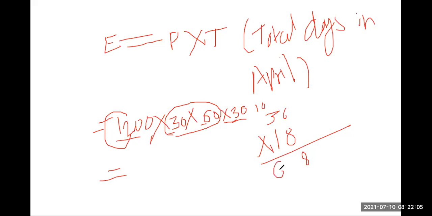What will you get? Sir, why are you considering that 3 again? Sir, first we considered 1200 into 30, and the answer came 36,000. Yes. And now we have to multiply it by 60, then again 30. Since all the zeros are there after this number, you can do 12 into 3 into 6 into 3 like this. It's easy. Then what will you get here? 648. And then how many zeros are there? 1, 2, 3, 4, and this 5.